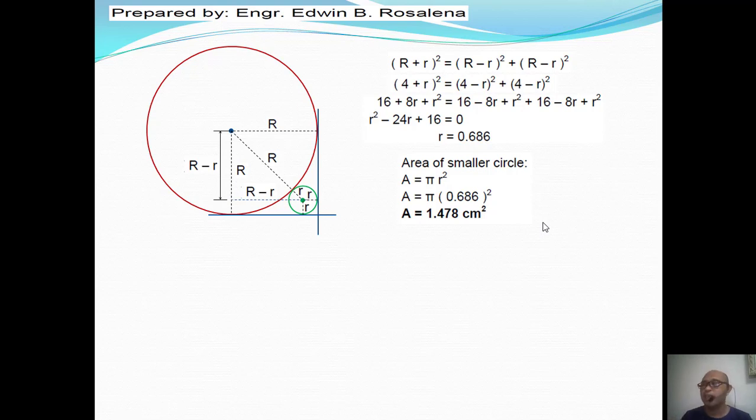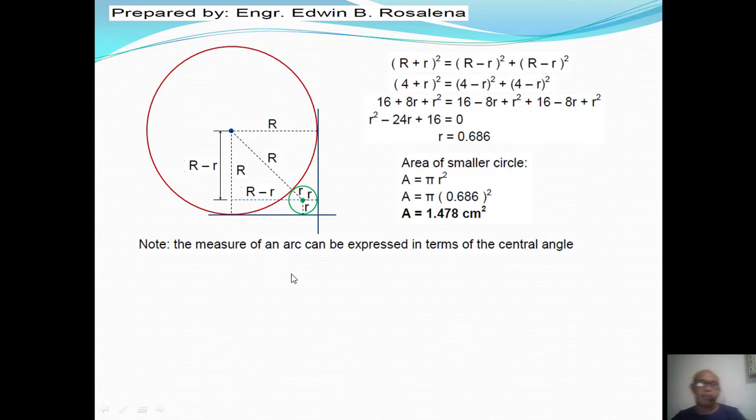Okay, so that is property number 1. So if you have a circle and then you have a tangent drawn, so if you connect a line from the center to the point of tangency, then that is perpendicular to the tangent. Next property,